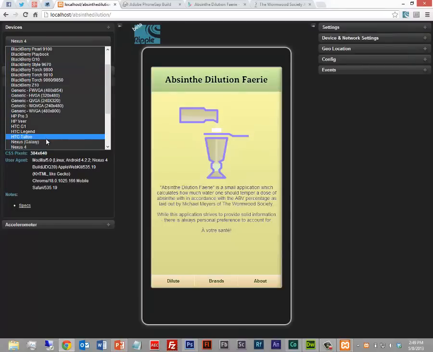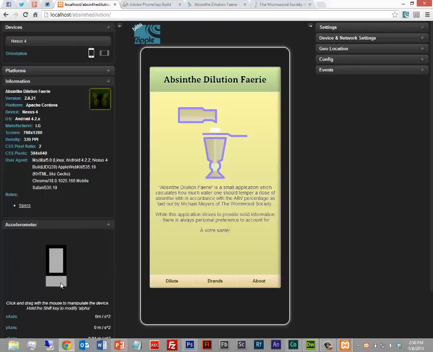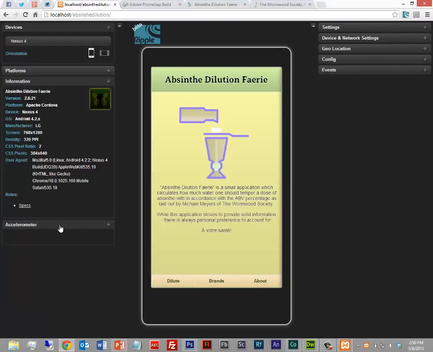It's called Ripple. The reason you use this, not only does it provide a nice interface, it also emulates certain things like accelerometer and geolocation APIs that you normally wouldn't have access to in the browser if they're not supported on your machine.